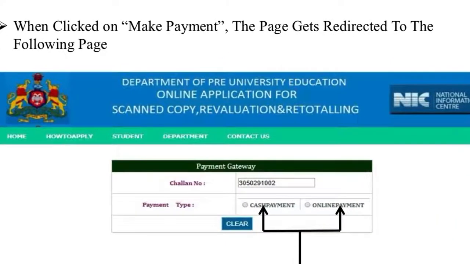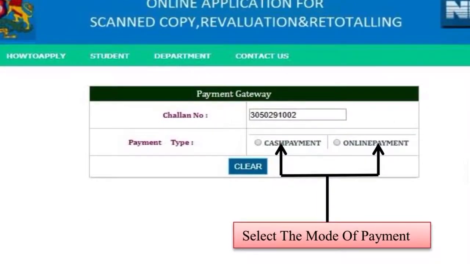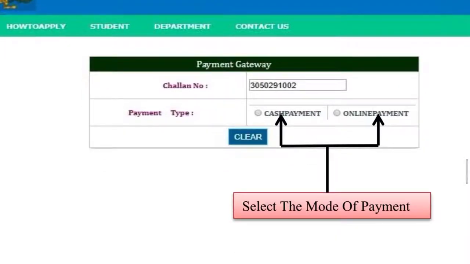First you need to fill the challan number that you noted in the previous step. Once you give the challan number, you need to select cash payment mode or online payment mode. Cash payment mode is nothing but you need to go to the bank and pay the money. If it is online, you can pay directly. So click on online.